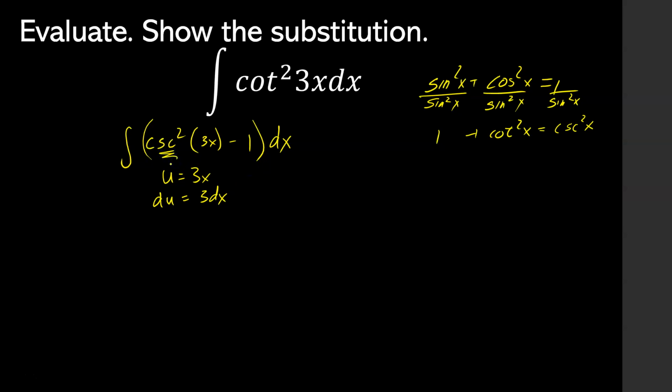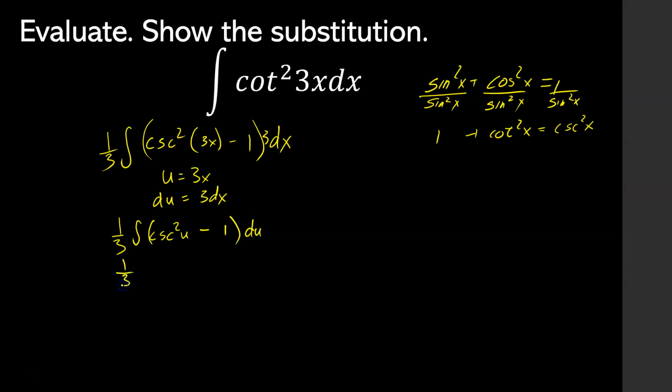And cosecant squared is the derivative of cotangent, although we're missing a negative. Okay, so the indefinite integral, oh, we need a 3. Let's go back. Let's squeeze a 3 in right there, 3 times dx, so we'll divide by 1/3. 1/3, the indefinite integral of cosecant squared u minus 1